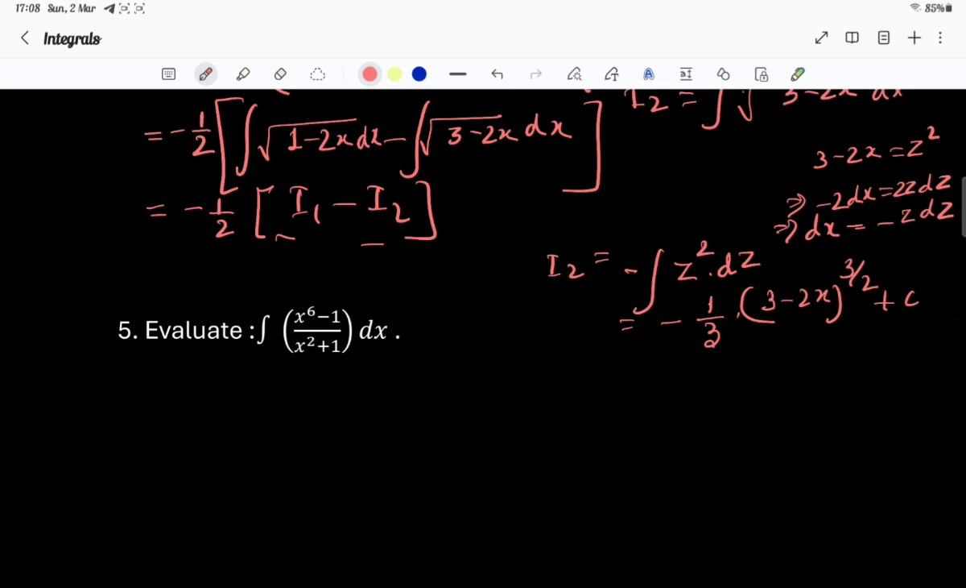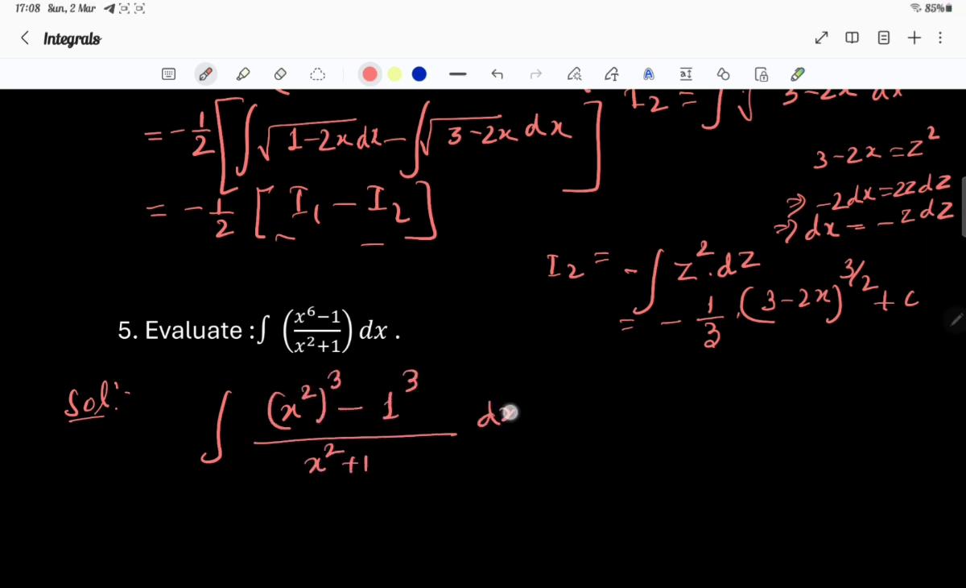এখানে 5 নাম্বারে কী করবো, 5 নাম্বারে আমাদের ফ্যাক্টরে ভাঙতে হবে। আমাদের টার্গেট কি, ইট ইস x² + 1। হাউ টু এলিমিনেট, তাহলে আমরা যদি x⁶কে x² পাওয়ারে কিউব দিয়ে দিই, তাহলে দেখ a³ - b³ ফর্মুলা।